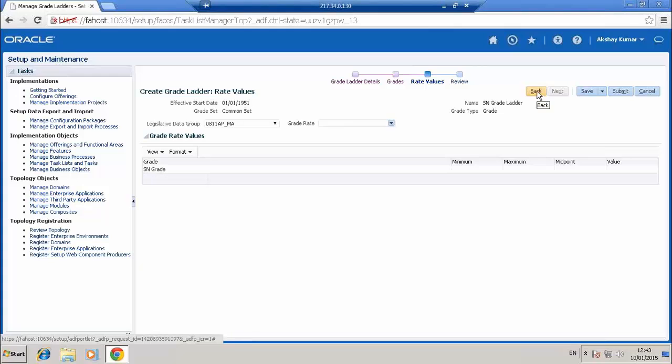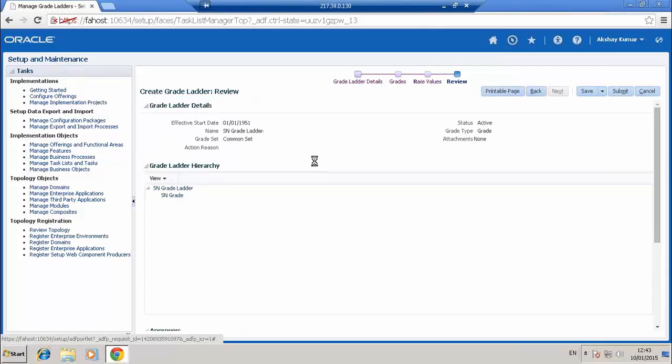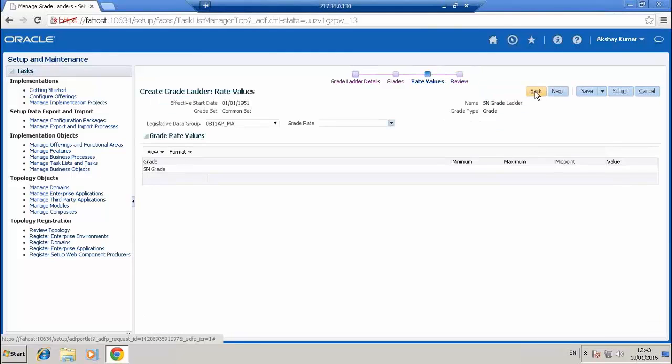Yeah, again, I missed this out. On this particular page, if you have created grade steps when you were creating a grade, for each grade you will be able to get the range value. Whereas for steps, you won't be able to give the value in manage grade rates.